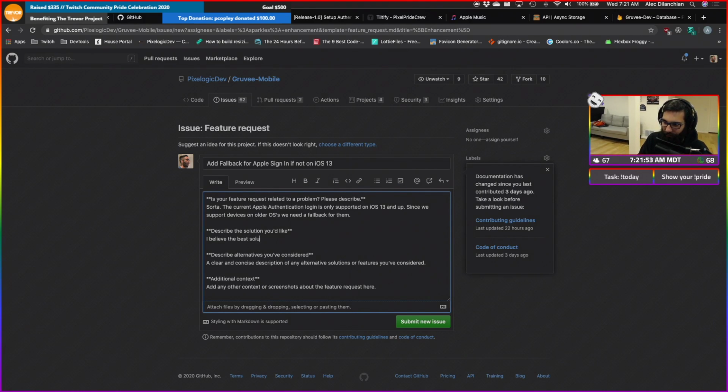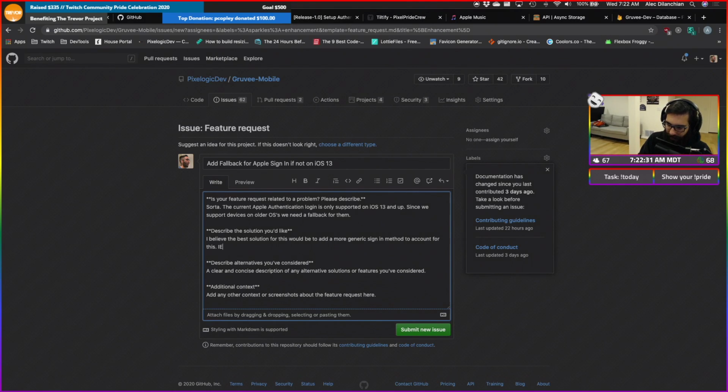I believe the best solution for this would be to add another sign-in method that would allow us to... or not another one, but add a more generic sign-in method to account for this, i.e. email plus password.